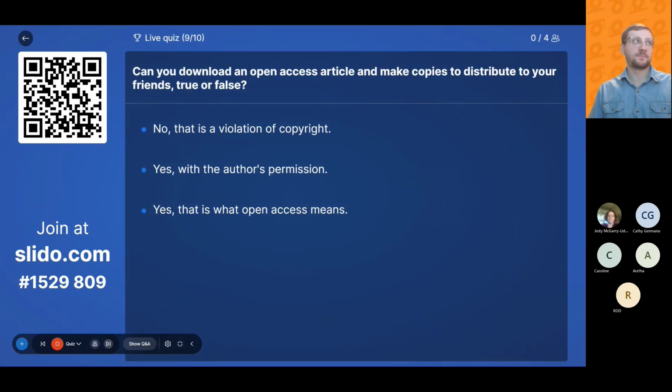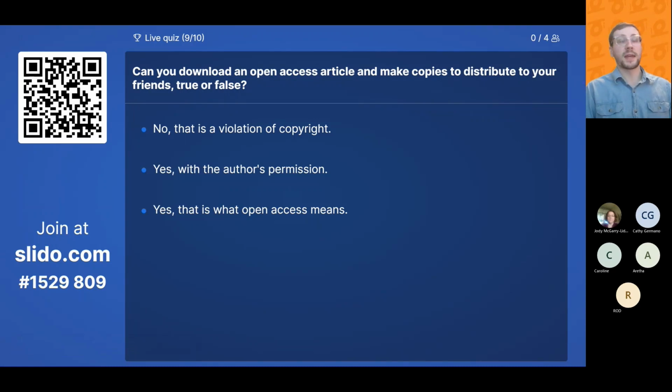Question 9. Can you download an open access article and make copies to distribute to your friends? True or false? Got 3 answers this time. No, that's a violation of copyright. Yes, with the author's permission.